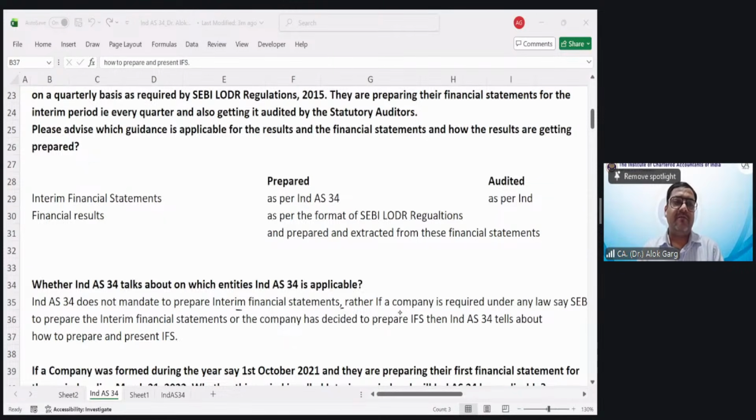Sir, we are required to file quarterly results to SEBI, sir. So we do a review every quarter and prepare condensed statements. Yes, you are right, Manoj. So condensed FS, I will be speaking about after some time. I will be covering the condensed financial statement. But yes, it is for quarterly results. Of course, you are doing a limited review, right? Limited review is also allowed. Audited or limited review is also allowed.